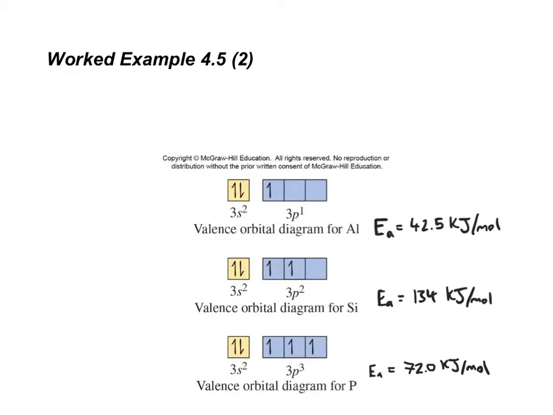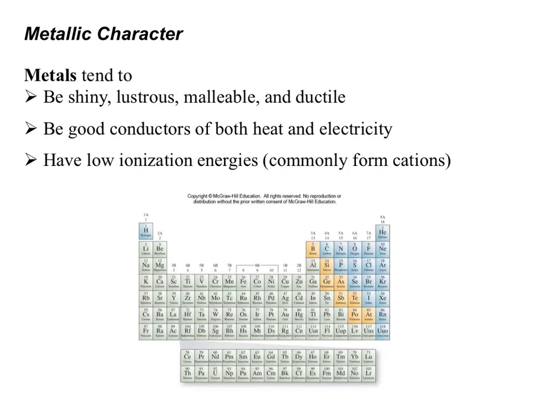In one of the worked examples, we can see the trend very clearly on electron affinity as we go across the group. Starting with aluminum, where we already have one electron in the p orbitals, there is some electron affinity for a second electron to go into the p orbital. However, silicon, which already has 2 electrons in it, has a much higher electron affinity because it wants a half full shell. It wants that third electron. However, phosphorus has a lower electron affinity again because it's more difficult to pair up electrons.